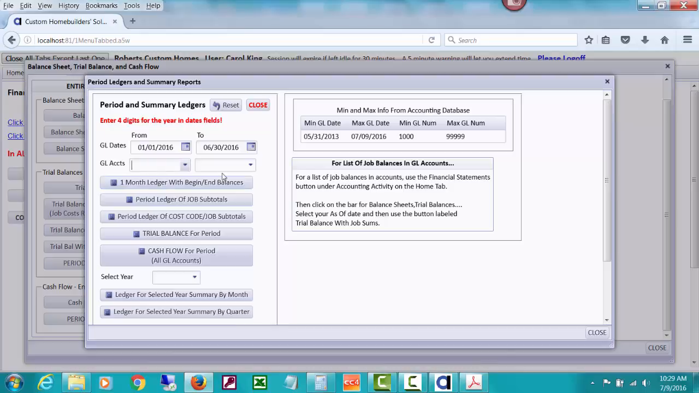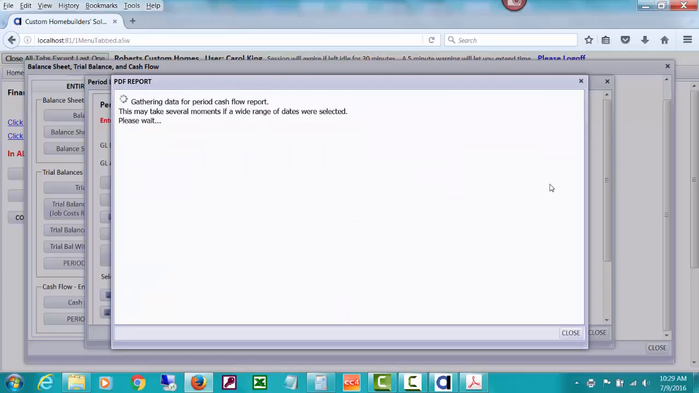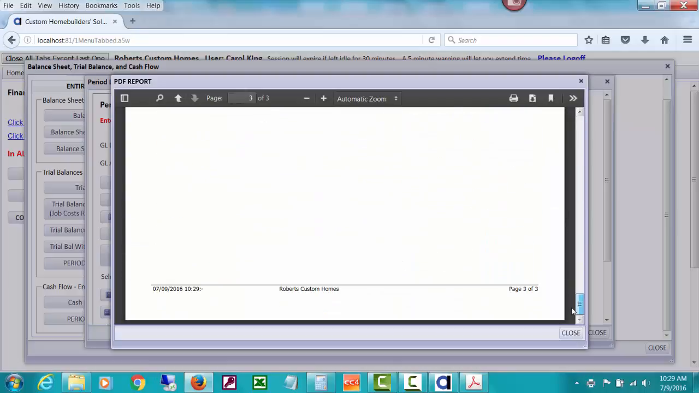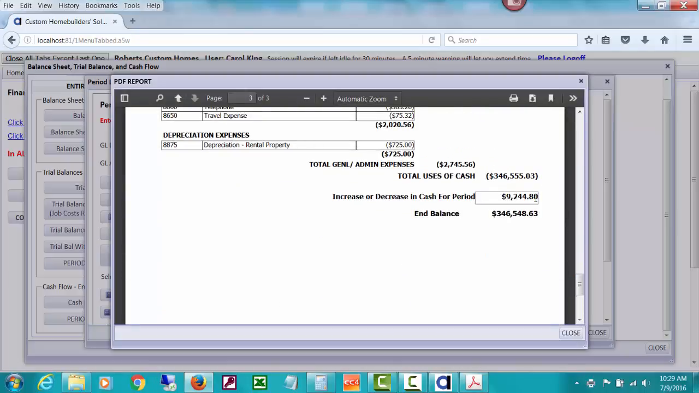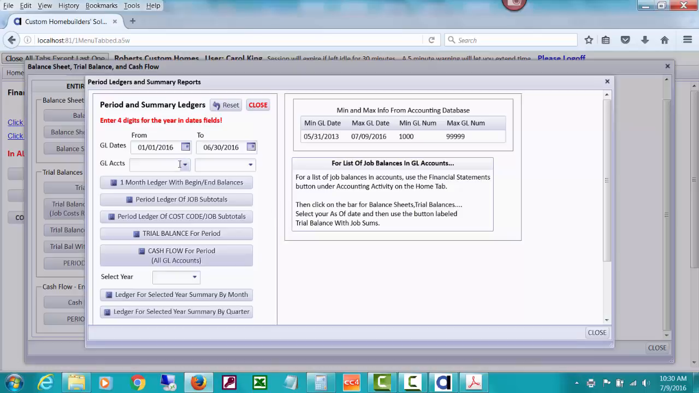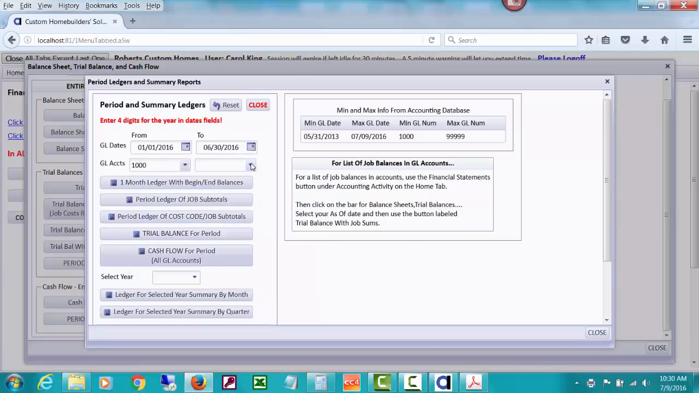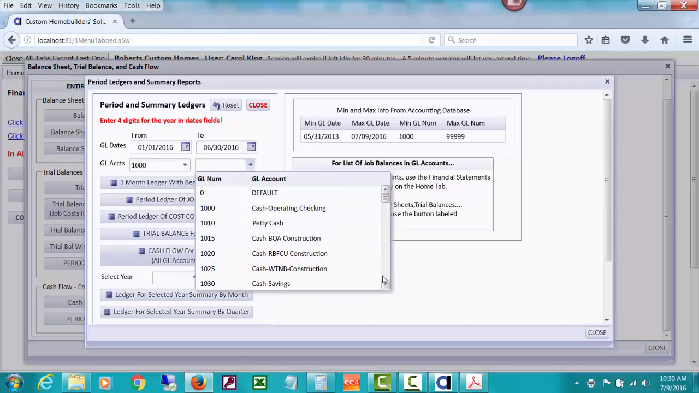You don't have to select GL accounts. You'll notice that the cash flow button for period says it's for all GL accounts. So what it'll tell you, and it really is, is that cash has changed by $9,244.80. It has increased by $9,244.80. If you just select your cash accounts for that period, here's cash 1 through